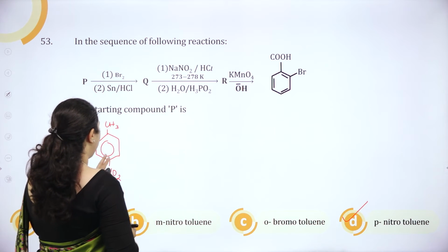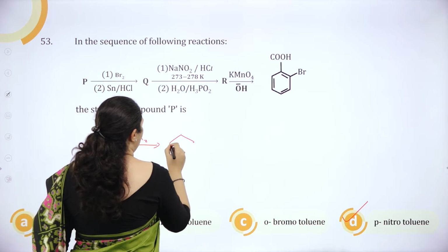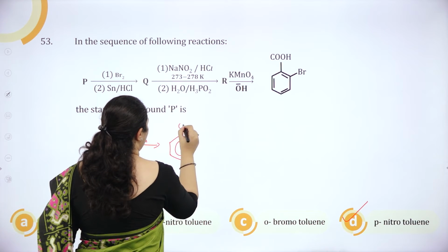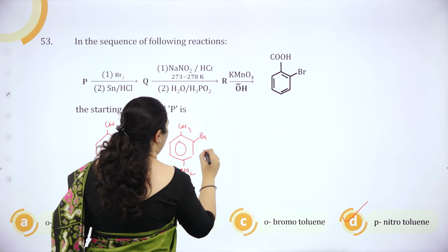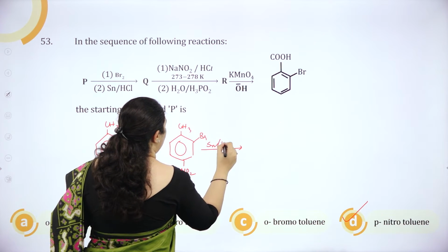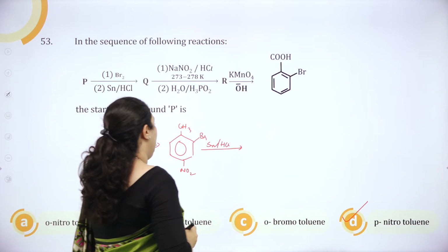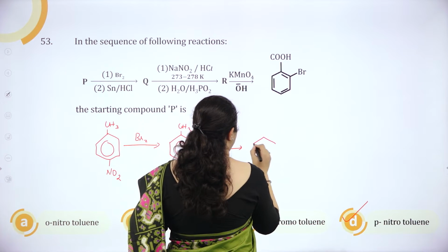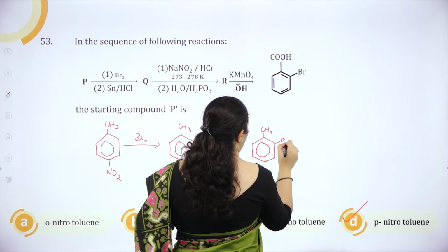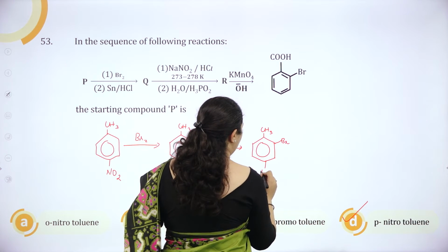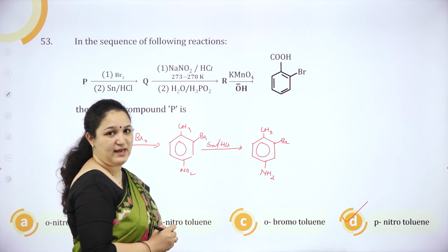So first we have taken paranitrotoluene. Bromine we have added. So it will go to the ortho position to give this compound. Okay. Next with tin and HCl, what will happen? See 1, 2. So here you are going to get reduced compound, that is you will get CH3 and Br will remain as it is. Instead of NO2 you will get NH2. Okay, here reduction is taking place, NH2 group.